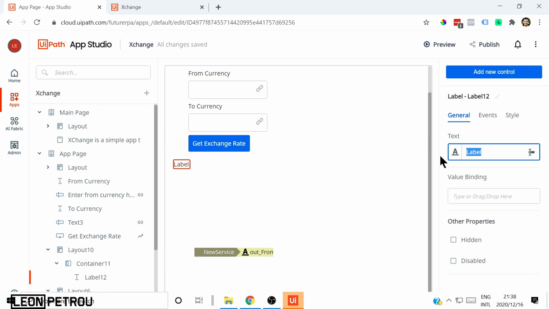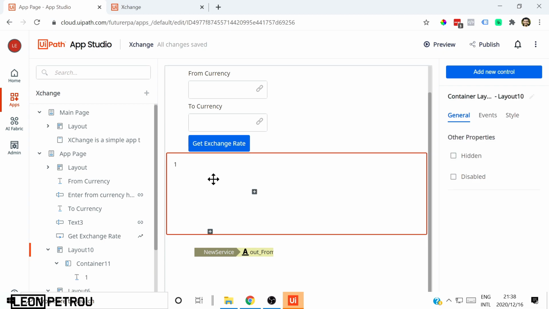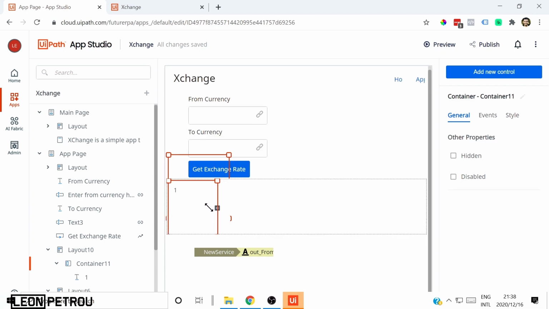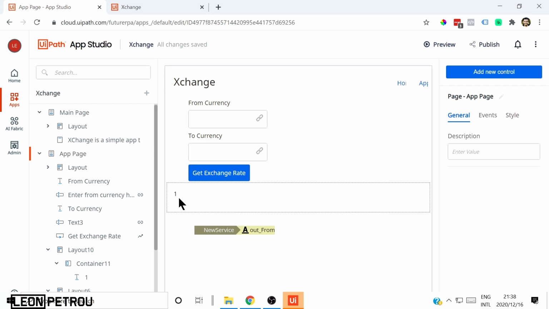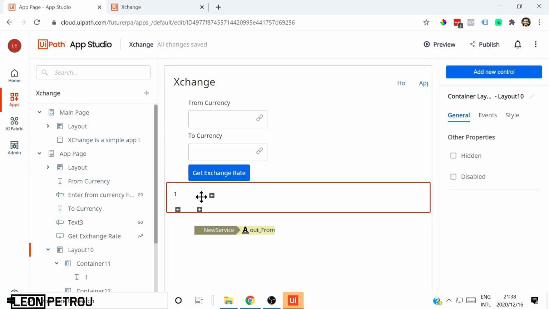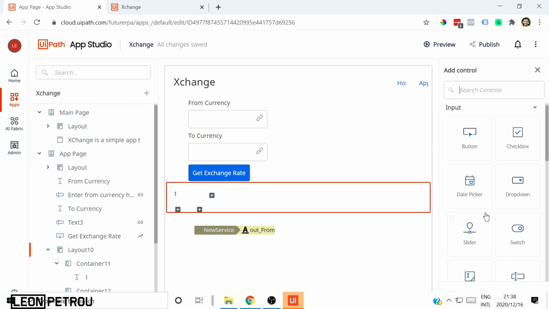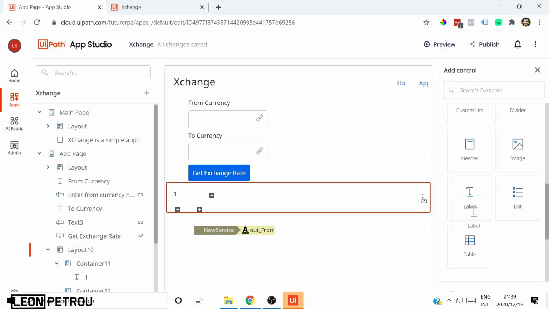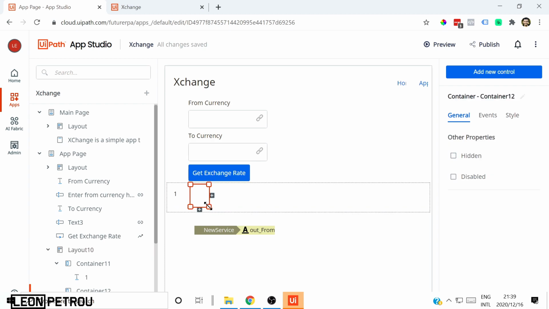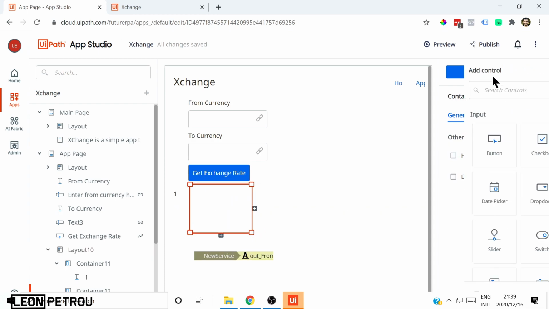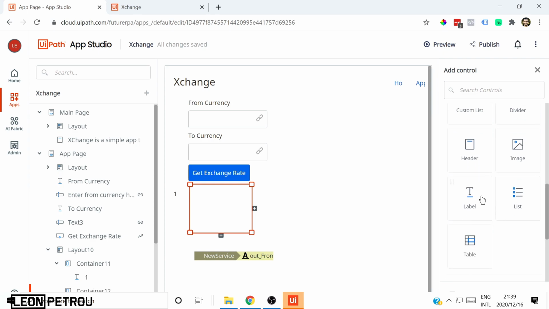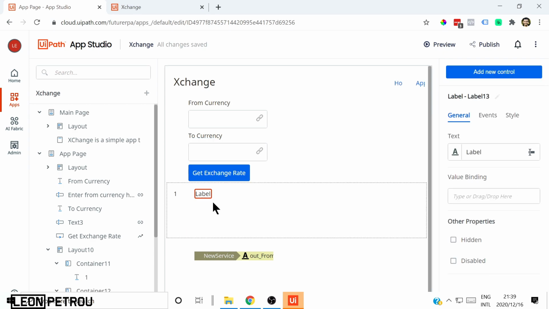I'll say from 1, we'll say 1, do this, add a control, maybe it needs to be bigger to drag it in. There you go. 1